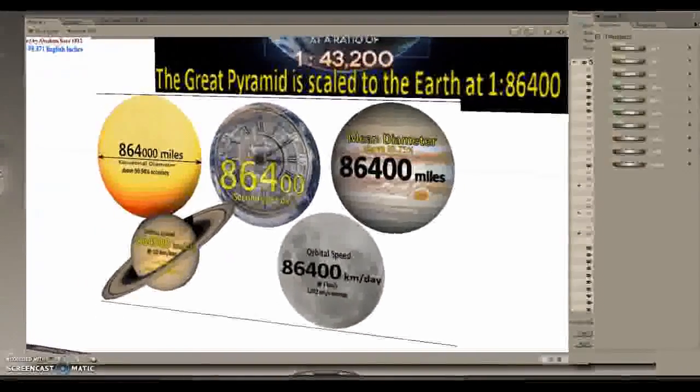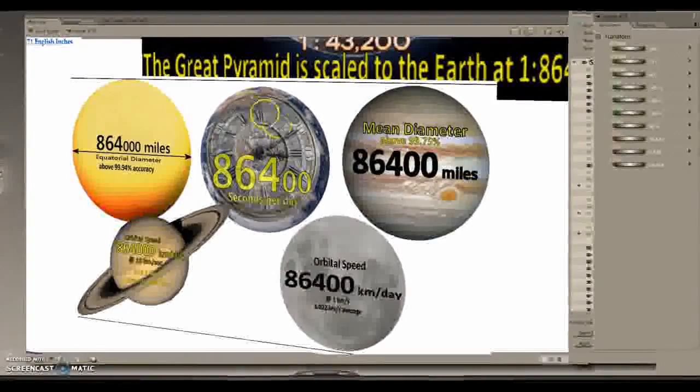But of course 86,400 seconds per day, being the orbital speed of the Earth in kilometers per day. Lovely, lovely tie-in, the meter being the essence of this. And of course the Sun, 86,400 miles. Now the mile, even the